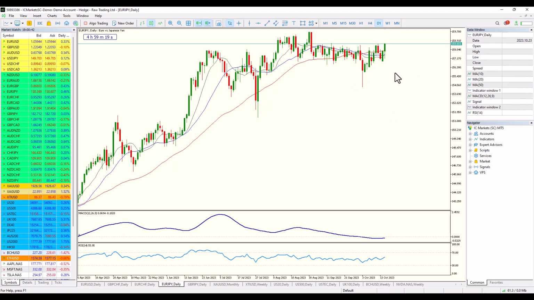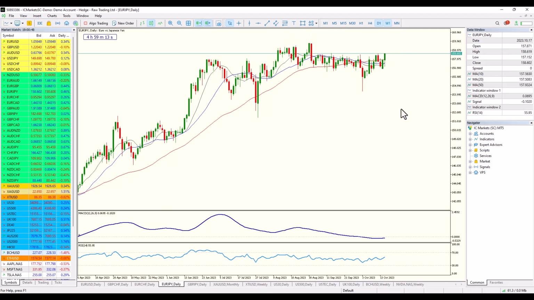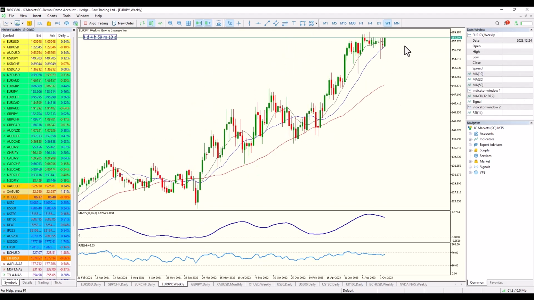Then I want to draw your attention here to Euro Yen. Euro Yen is definitely testing the upper limits here, and there might well be a breakout to the upside. Looking at it here especially, looking particularly bullish, nice bullish candle off a level of support within the buy zone here, which is the area between the 20 and the 10 period moving averages. You can see there's definitely some resistance in this area. You can see that collapse, that sort of failure. And fatigue setting in amongst all the candles here.